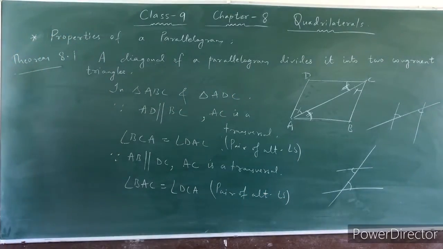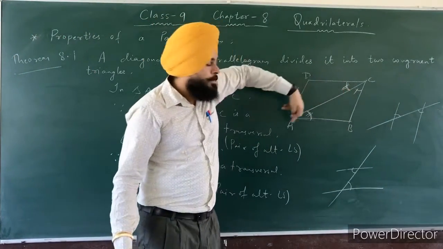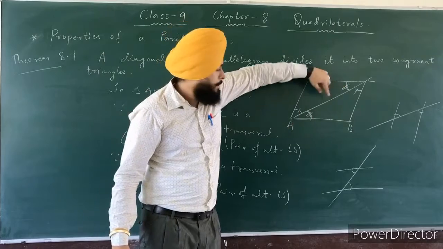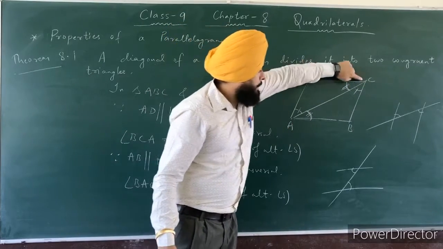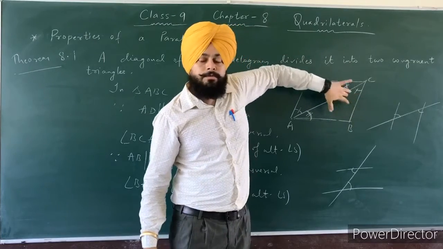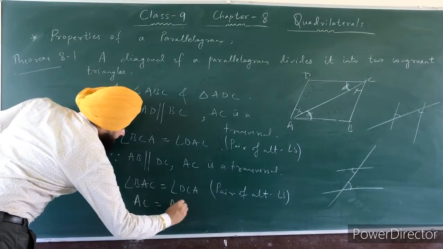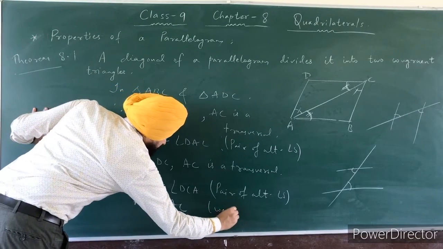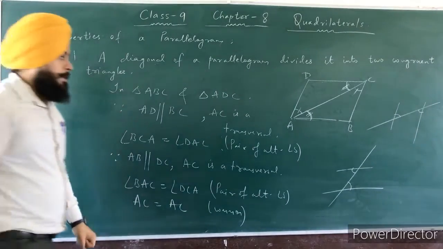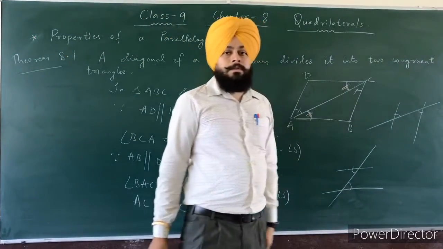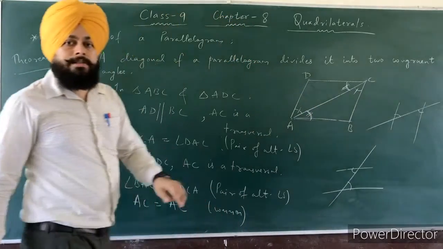Clear? Now the third is, you can see here in both of these two triangles, this AC is common. In triangle ABC and in triangle ADC, this AC side is common. So you can write here AC equal to AC. Reason is common. Clear? So you can see here we have two angles and one side. So by ASA, angle side angle,